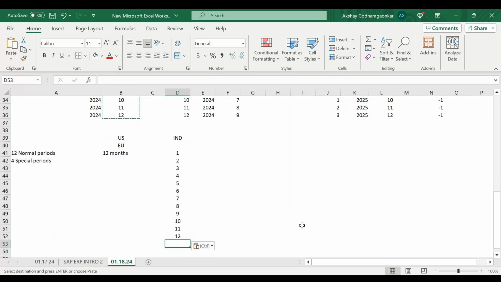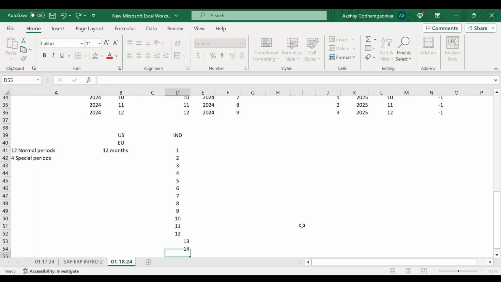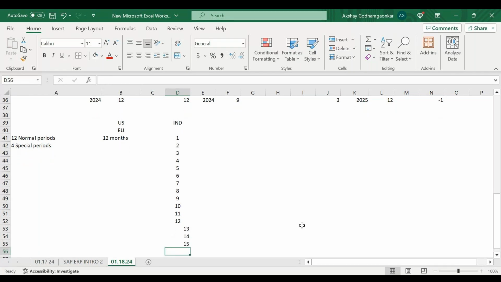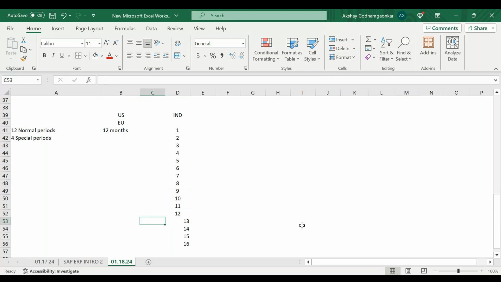The four special periods would be 13, 14, 15, and 16. Now we are doing some year-end activities in the month of Jan, and these 12 normal periods have been closed. Then we can use these four special periods for